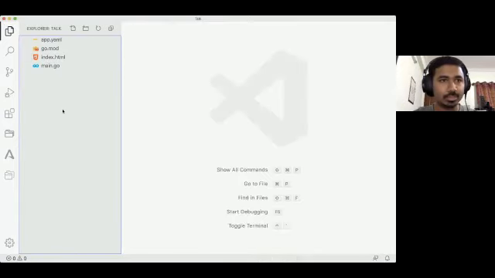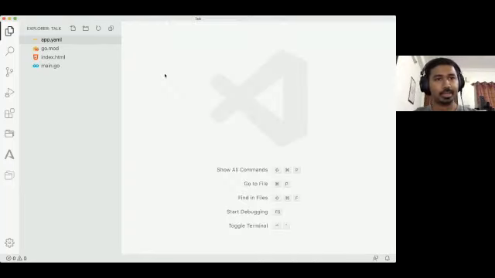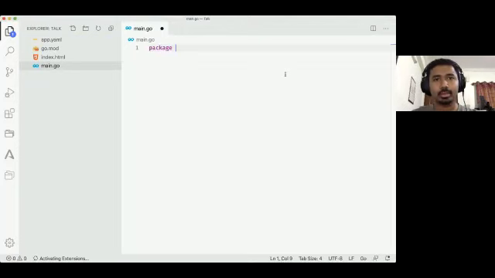So these are the files we just made. In this app.yaml, I'm going to specify only one thing at the moment, and that is the runtime. I'm going to specify runtime as go112 because I'm going to use Go version 1.12. If you are using Python, I'm guessing it is Python 2.7 or maybe Python 3.5, something like that. I don't remember. But now I'm going to give it as go112 because I'm using Go. So that's the only configuration I'm going to give. And in the main.go file, I'm going to write a very simple